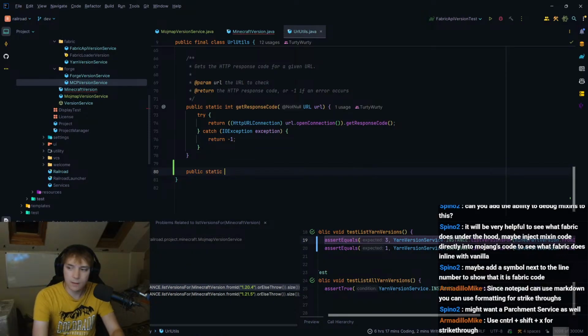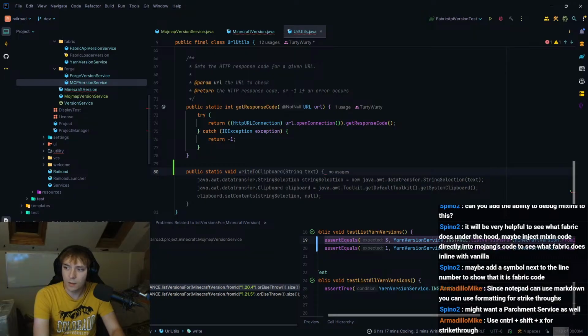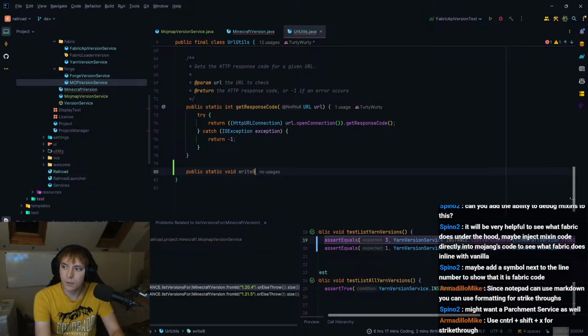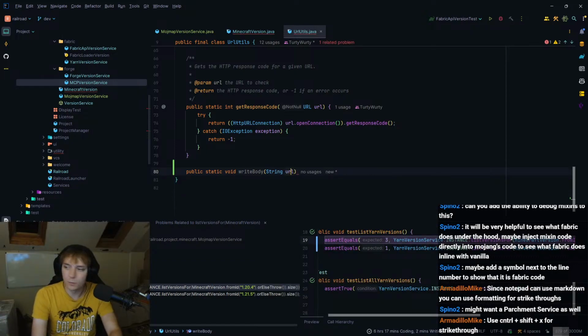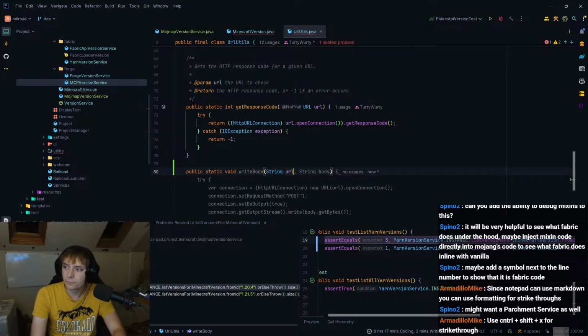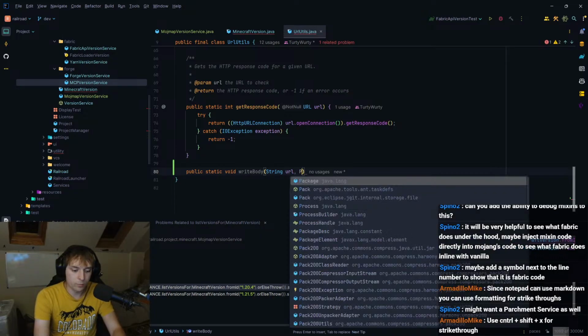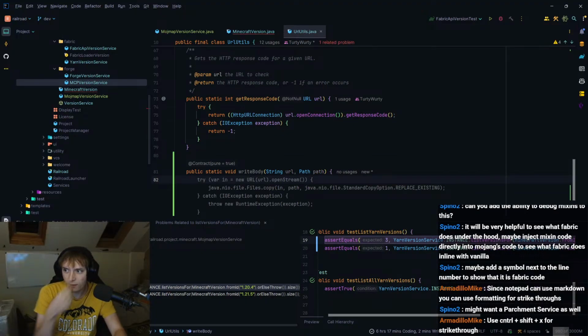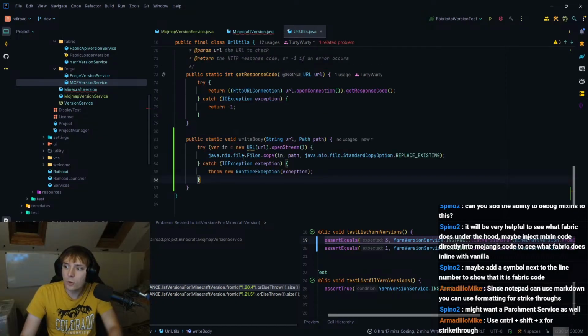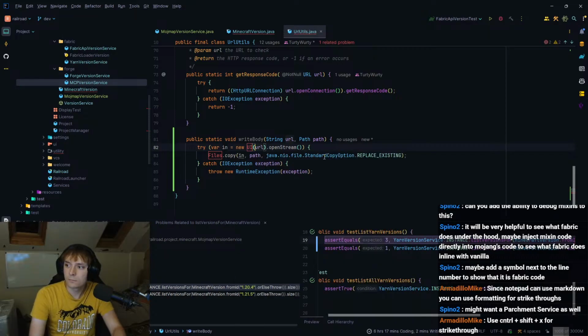Public static void write body string URL, or I guess URI doesn't really matter. We'll do URL though. And then to path. I'm sure this is a thing that you can do. Yes, you can copy. That's it. You can copy.